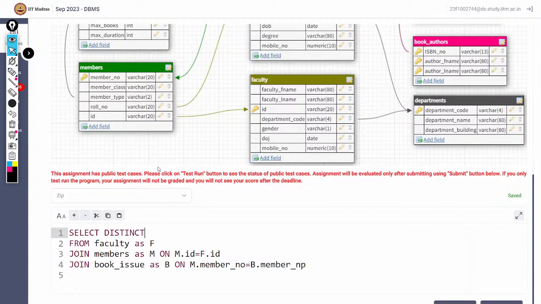Distinct F dot faculty underscore F name, comma, it is capital F, right? And F dot faculty underscore L name,